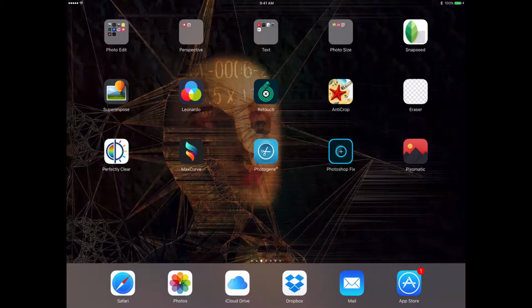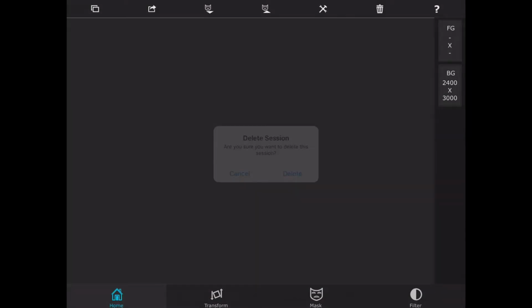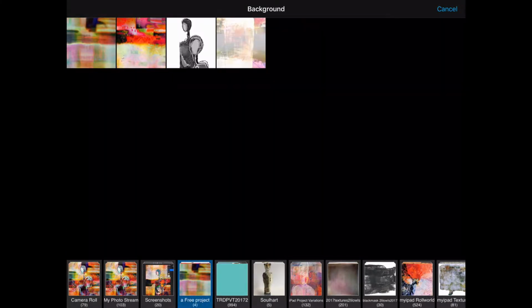on this little figurative image. I hope to be creating more of these free tutorials and just little tips for apps and things like that in the future. So for this particular image, we're going to go into Superimpose, and I'm going to clear out my last project. And I'm going to go ahead and open up my folder, and I'm going to start out